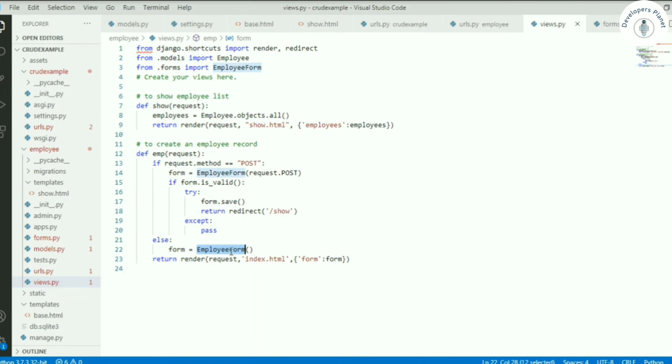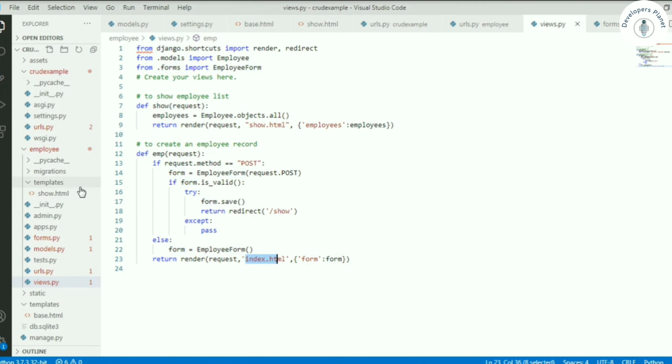And if there is no POST request, it gets the employee form and passes this form data to the index.html file. So we render this. So we need to create this index file also.